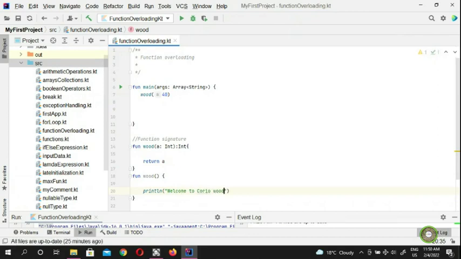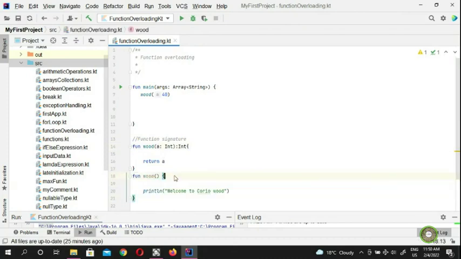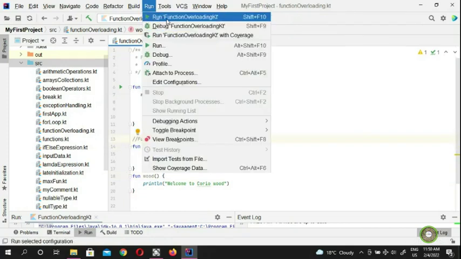In this one we have a function wood that takes an int, returns the type int and returns a, and the other function has no parameter and no return type. As far as Kotlin is concerned, these are two distinct functions, as far apart as earth and sky, because the function signature is different. So when we come here and run,